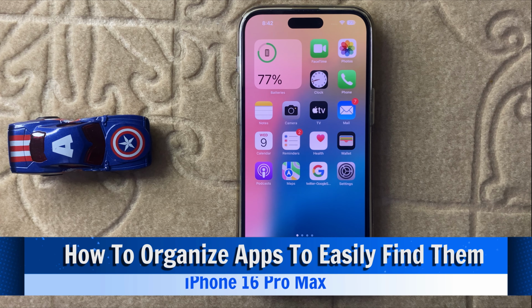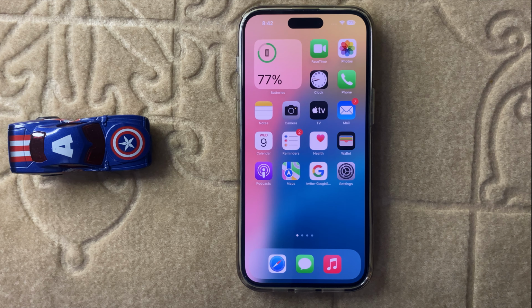Hello everyone, today in this video I will show you how to organize iPhone 16 Pro Max apps to easily